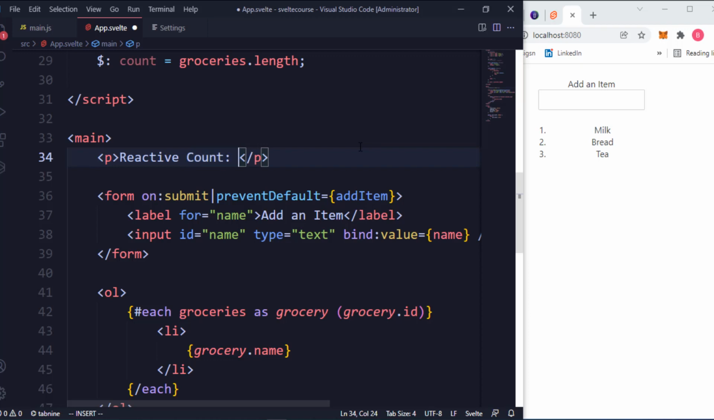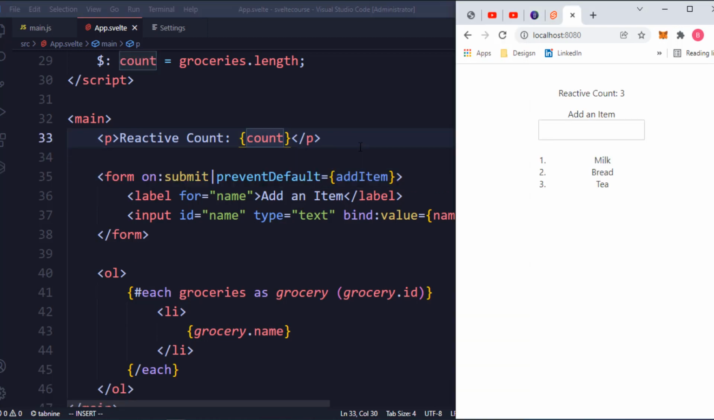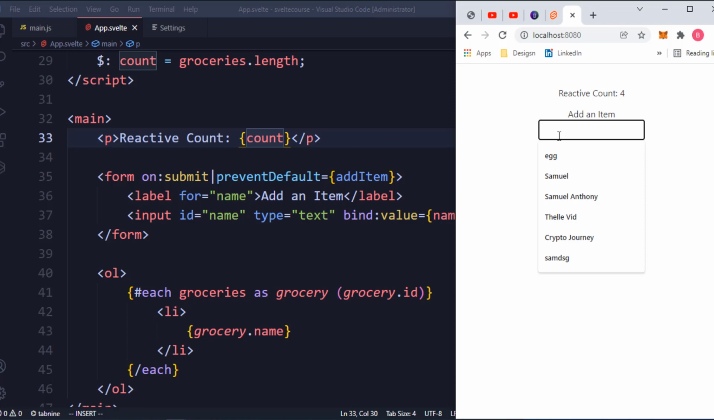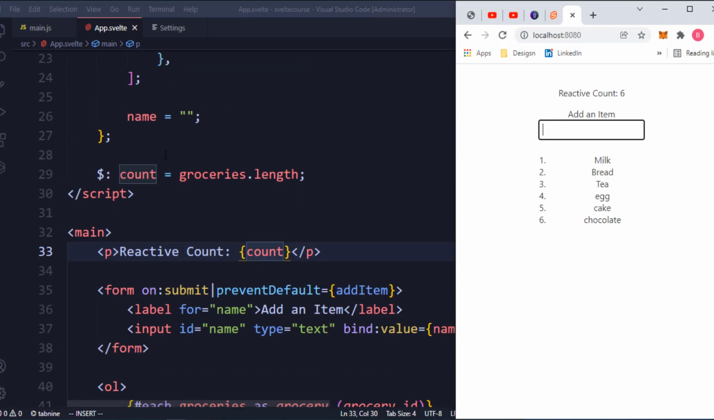So we can just say $count. So right now, let me go ahead and add an egg. You can see automatically that value is being updated. So let me add, I usually forget a lot of groceries, but I remember cake a lot because I do eat cake a lot. Then what else? I take a lot of chocolate. And you can see whenever we add this, automatically this gets updated without even wasting our time because of this